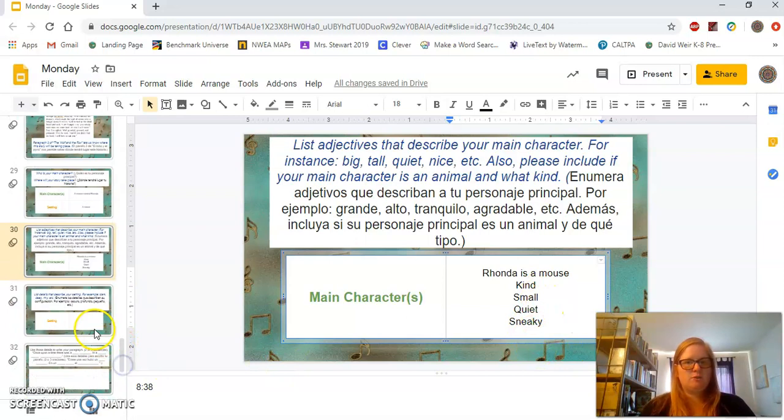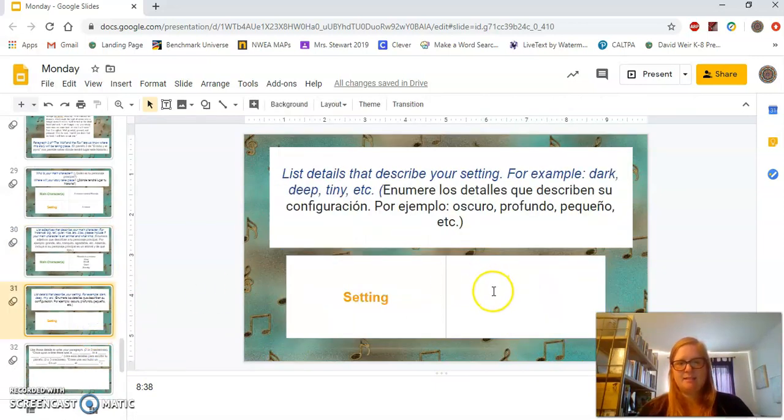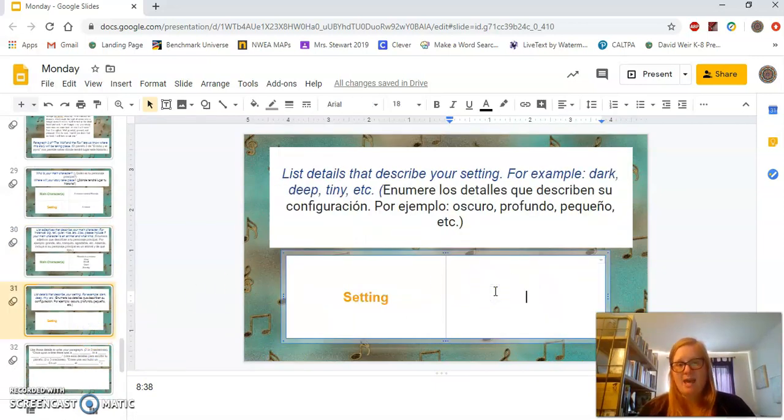Now let's go to my settings. I said it's going to be a house, but what kind of house is it? So your details need to describe your setting. For instance, dark, deep, tiny. For instance, me saying the setting is a house, is it a human house or is it a mouse house? Does she have a little mouse house? Where's her little mouse house? Is it in a cottage? Where is it? So I'm going to say that